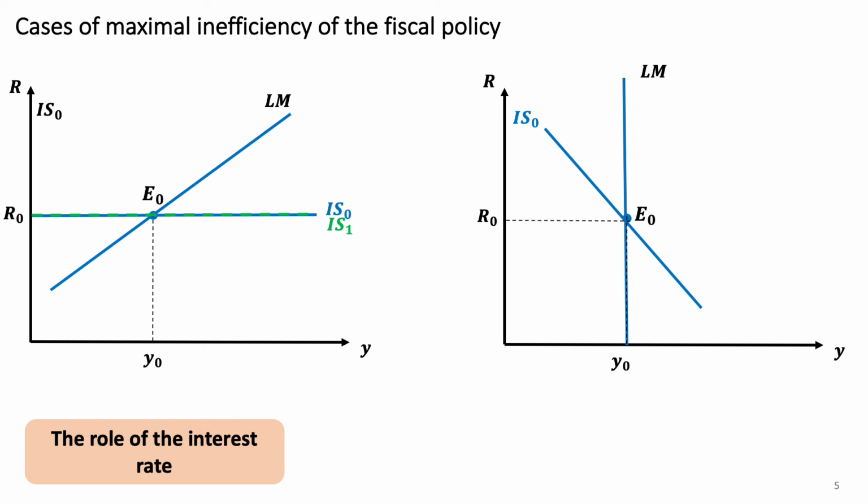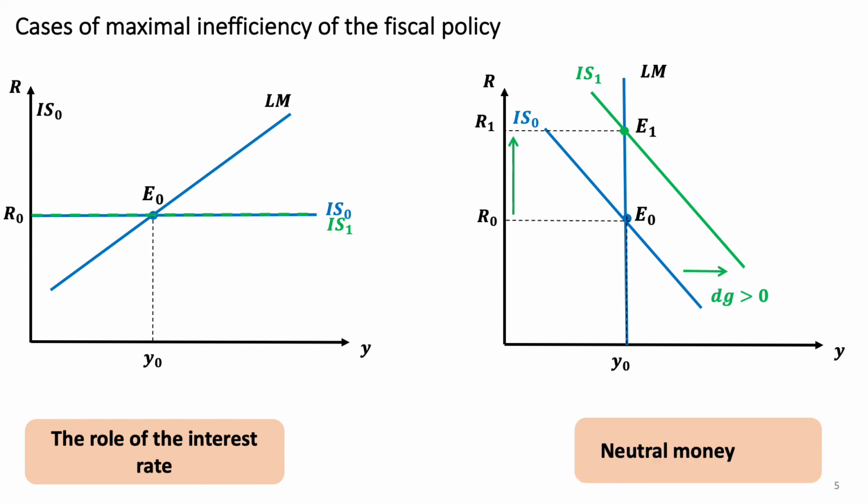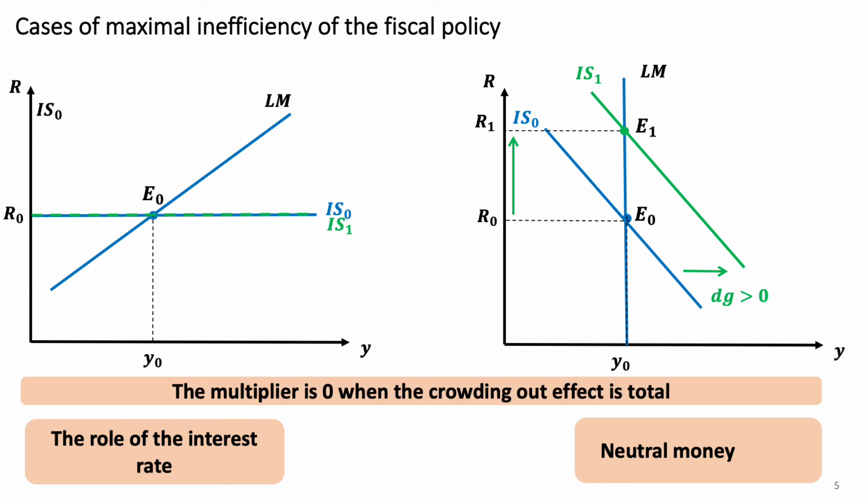Second case, when the demand for money is rigid to the interest rate, LM vertical. In this case, the crowding out effect is total, already in the short term. The increase in R is so large that it cancels the effect of the increase in G. Private investment decreases as much as public spending increases. This is the classical case of neutral money. Hence, the multiplier is equal to 0